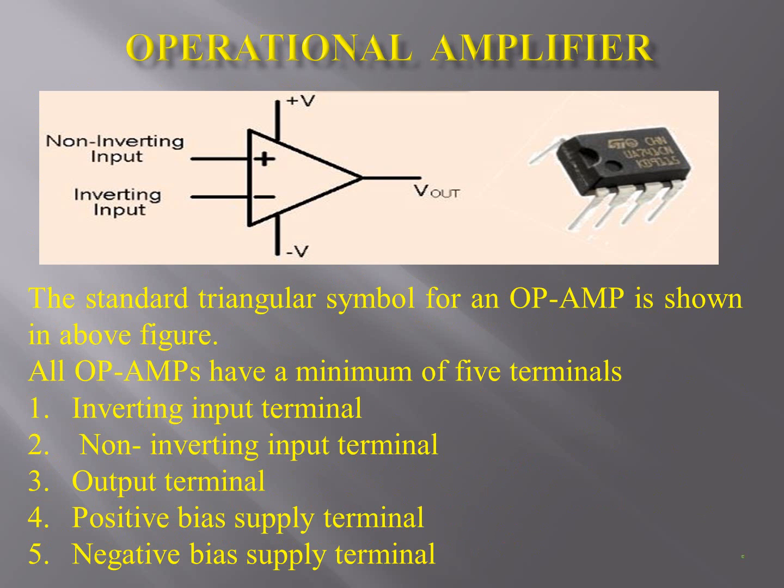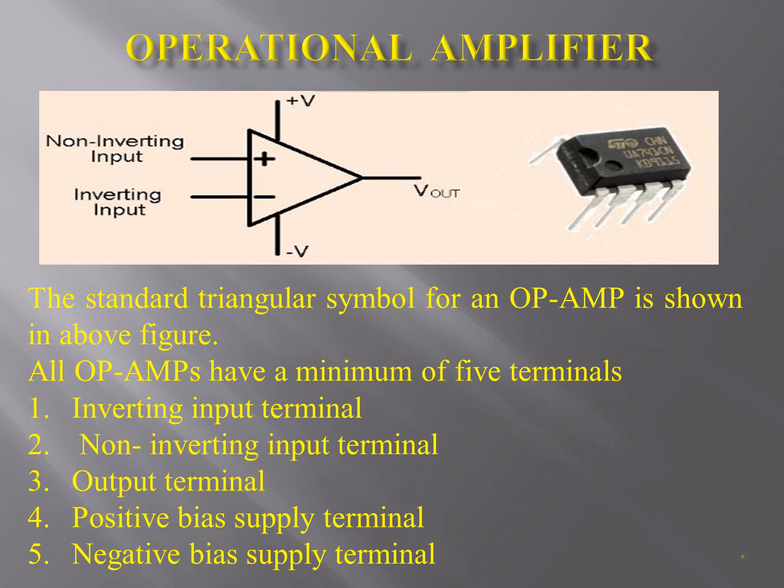You can see the block diagram of an operational amplifier on the screen along with its IC. The standard triangular symbol of an op-amp is shown in the above figure. All operational amplifiers have minimum 5 terminals: inverting input terminal, non-inverting input terminal, output terminal, positive bias supply terminal, negative